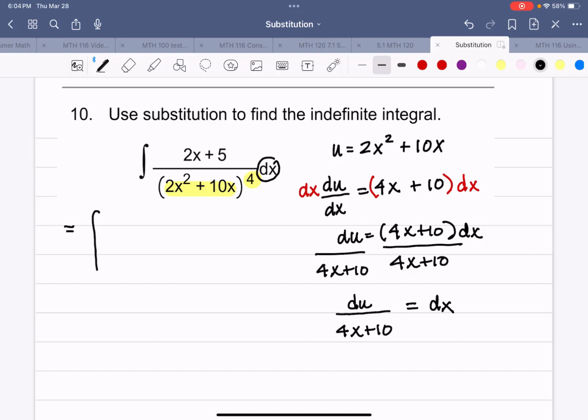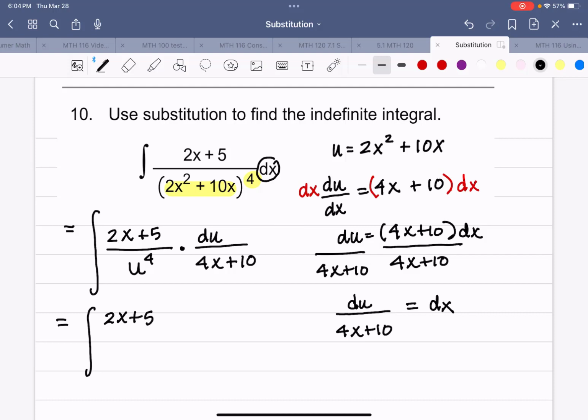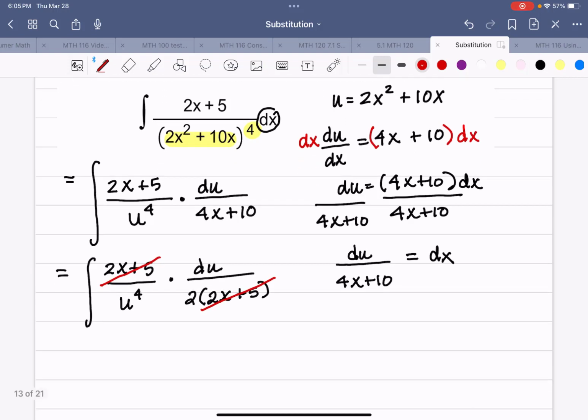So I don't have anything for 2x + 5, but I have u as my base now, so u to the fourth. And for that dx, I can put du over (4x + 10). So I've got to deal with these x expressions. Can't do anything to 2x + 5. It won't factor. So (2x + 5) over u to the fourth times du, and these have a common factor of 2. And look what happens. I get a 2x + 5. That's what I needed, because that 2x + 5 will divide out with that 2x + 5,